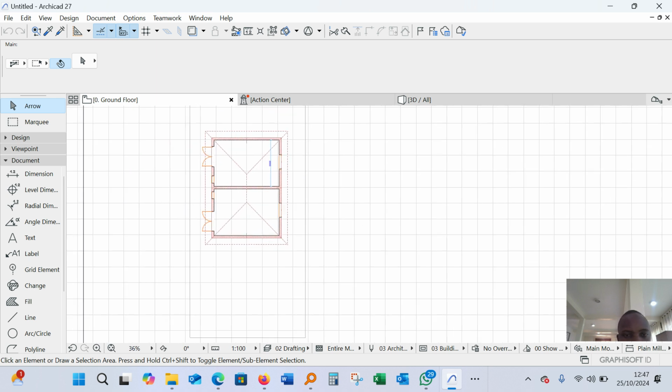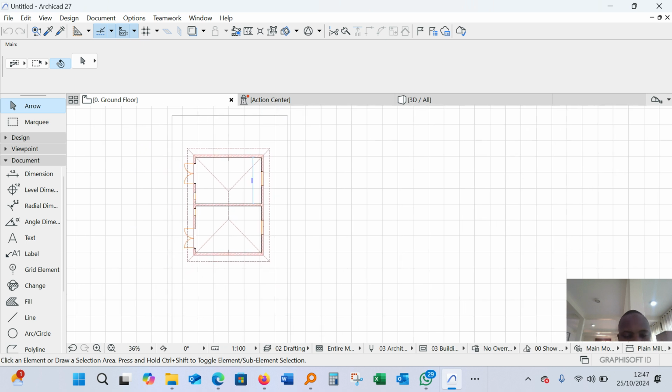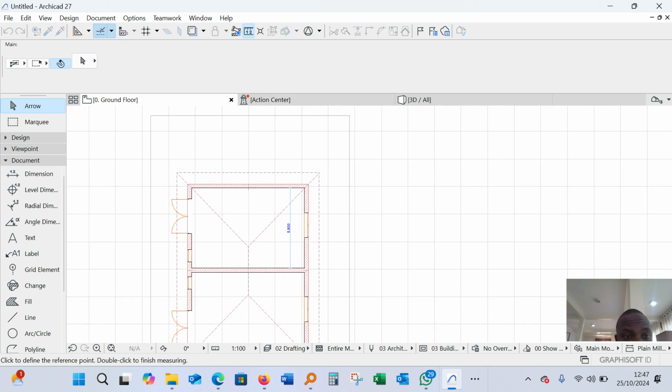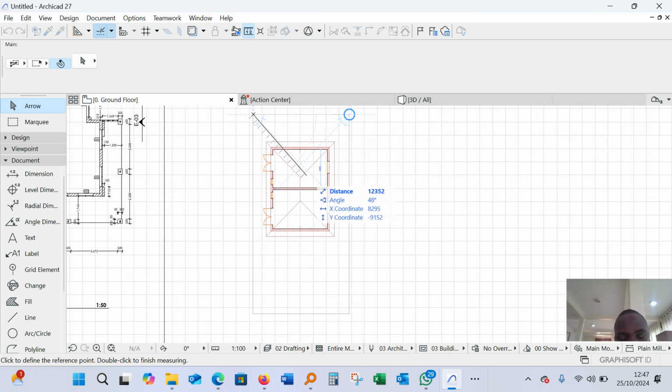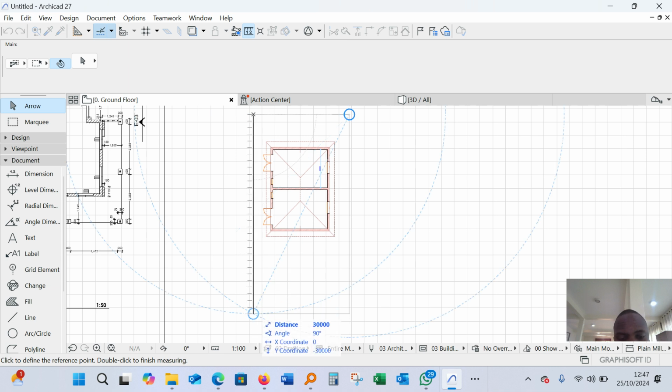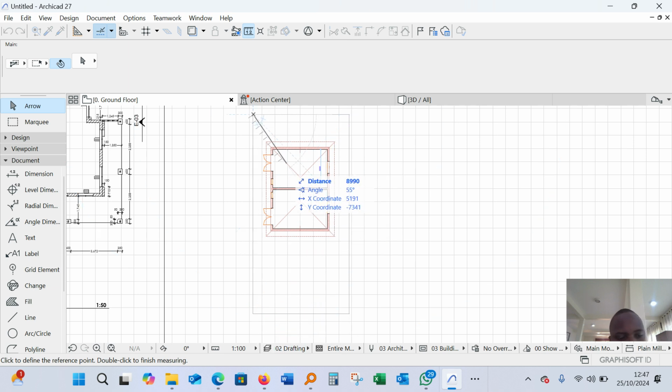Our project setup is actually a standard plot, usually 50 by 100. A 50 is always 15 meters, that is 50 feet by 30 meters. So we started with